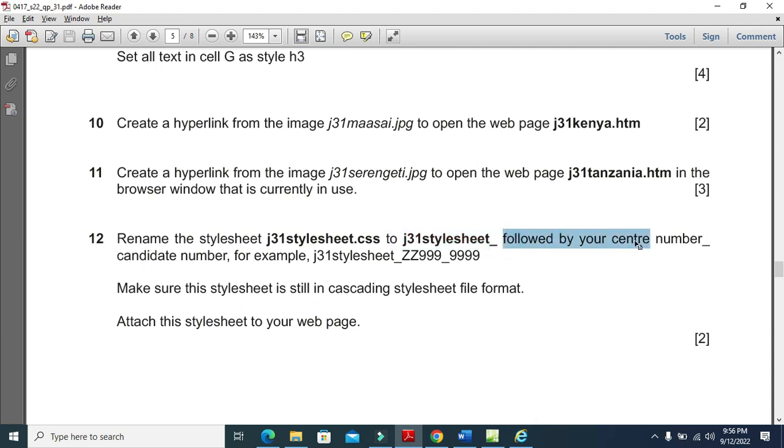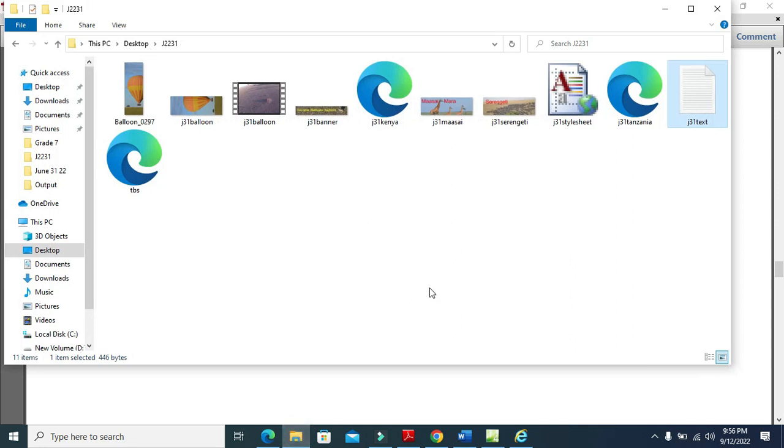Underscore followed by your name, center, number. So we'll go to the folder here. Okay,